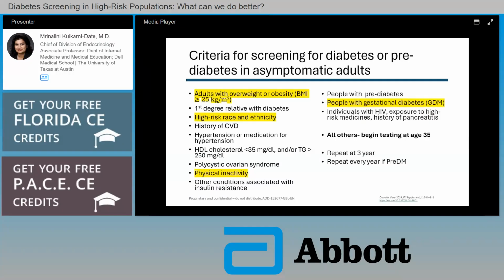I want to go back now to the screening criteria, and I've highlighted the ones that are most affected by social determinants. For example, this first one, in regards to adults who are overweight or obese: if you live in a community where you are having a hard time going outside, walking, don't have parks or sidewalks, you're not going to get out and walk. You're not going to get out and move. I think the community and cultural context plays a role here. If you are somebody who is socially isolated, don't have neighbors, don't have people around, you're less likely to engage in physical activity, for example. The high-risk race and ethnicity